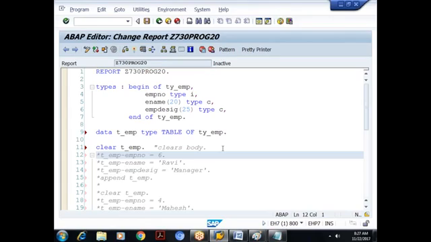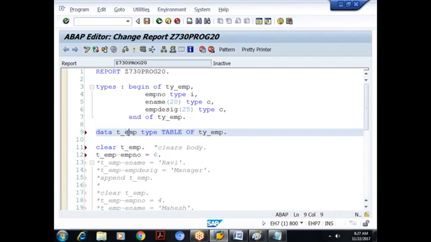Done. Now I'll do like this. Is it valid or invalid? Yes? Valid? Why invalid? So this is an internal table without header. When I try to assign this, it will try to assign this data in the header area. But the internal table doesn't have its own header.